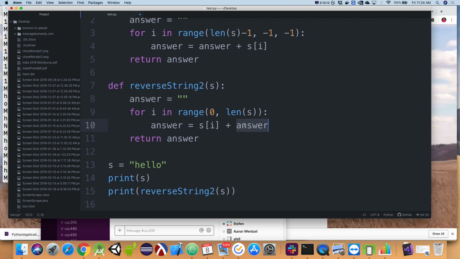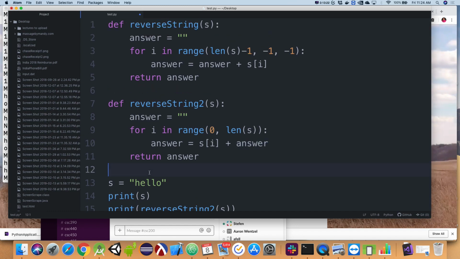One's not better or worse than the other. You just need to make sure you're using a compatible loop for what you're trying to accomplish. Make sense? Okay, so what if